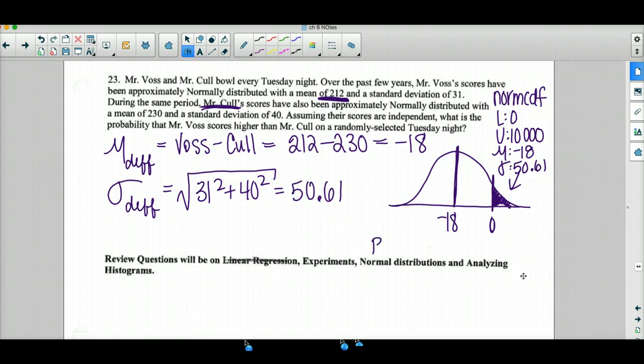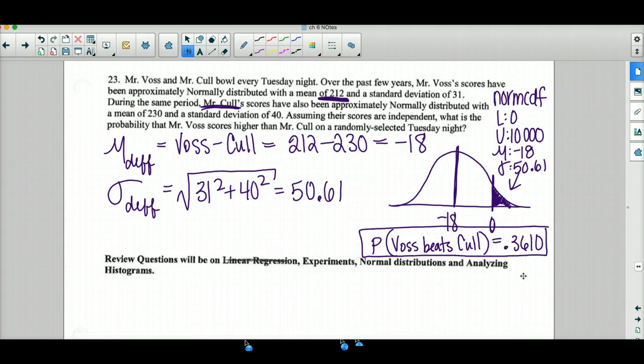And the probability that Voss beats Cole is higher than I thought it was. It's 0.3610 because there's a lot of variability. He has those good days too. That's it. All right, so